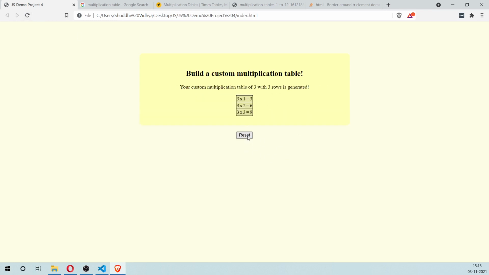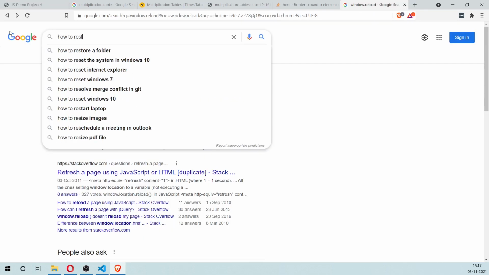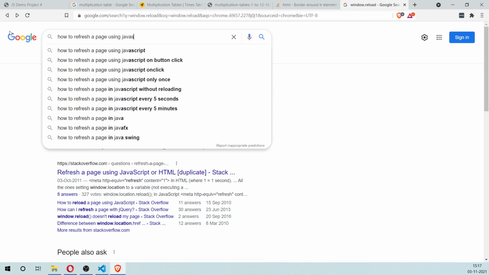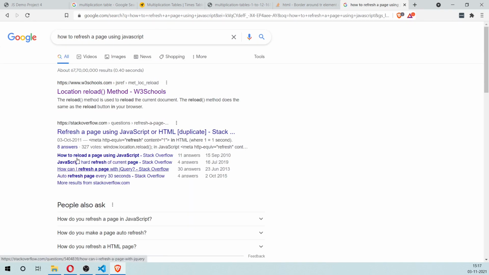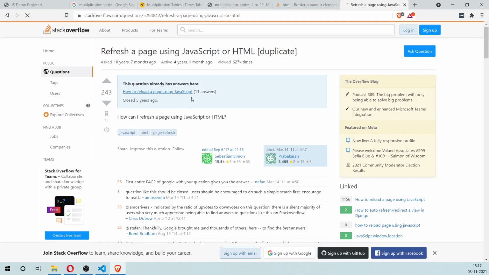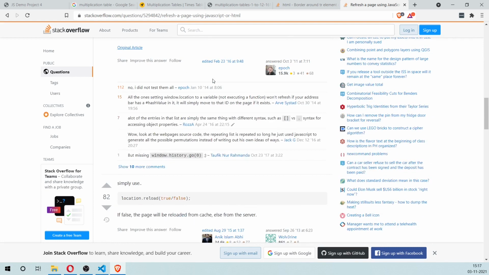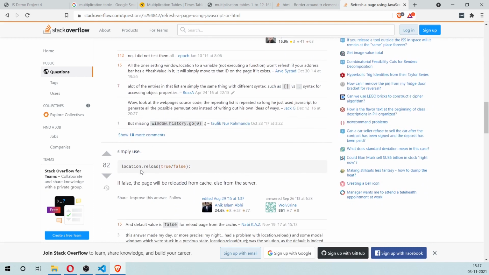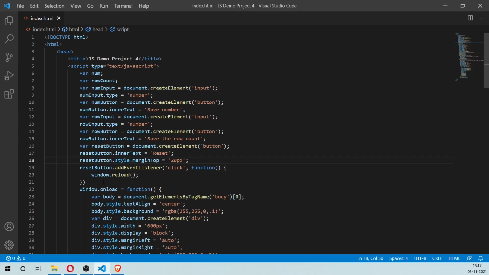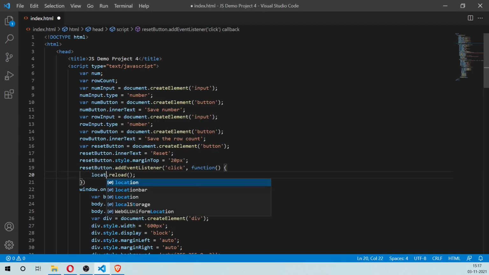Okay, and when you click reset, we can look this up, how to refresh a page using JavaScript. So you can just say location.reload. So let's do that, location.reload.